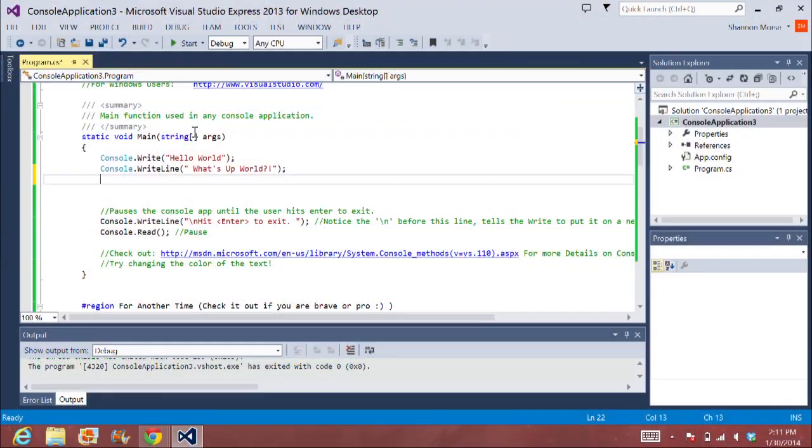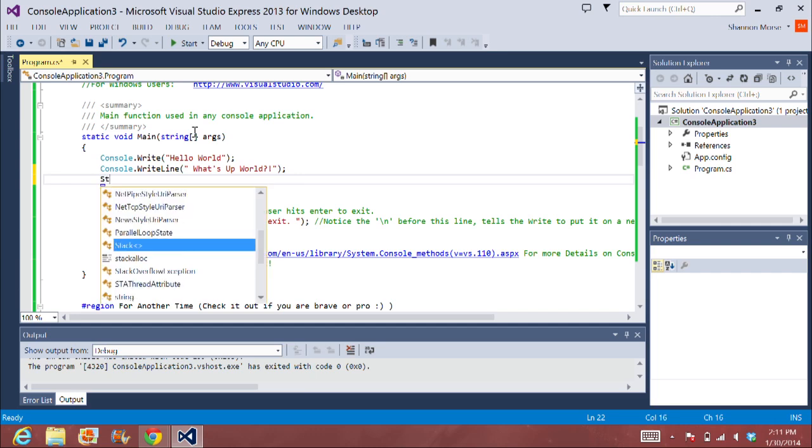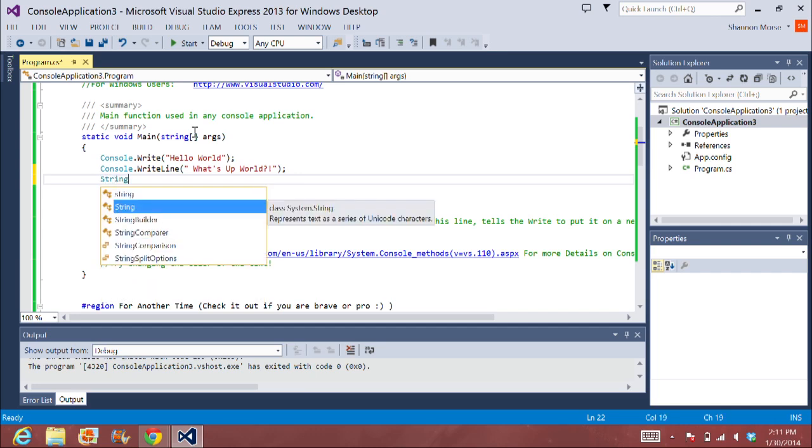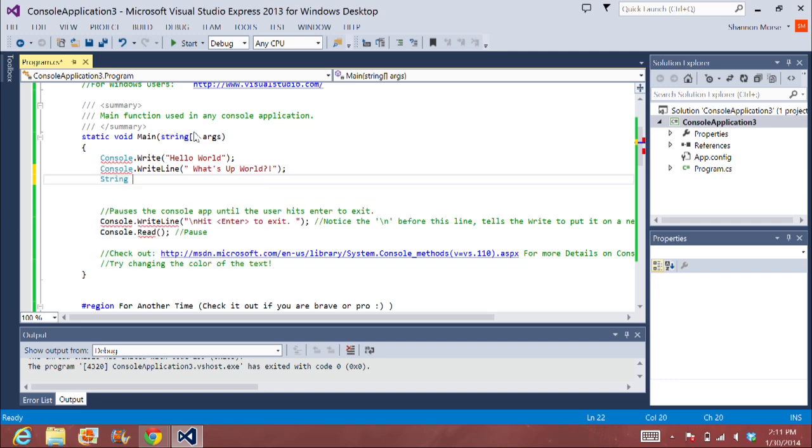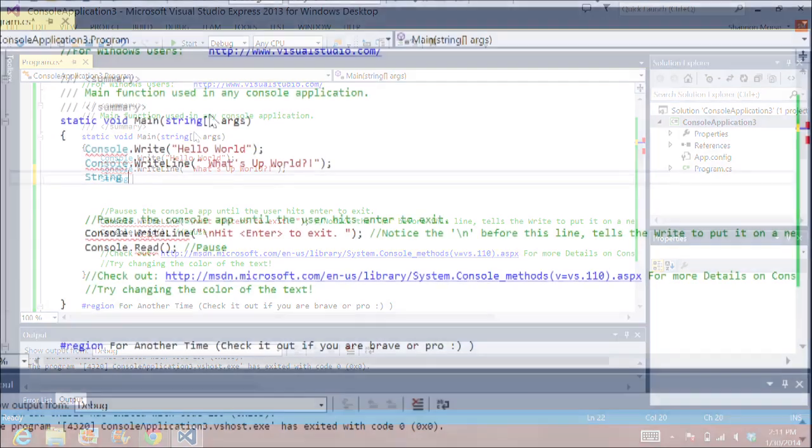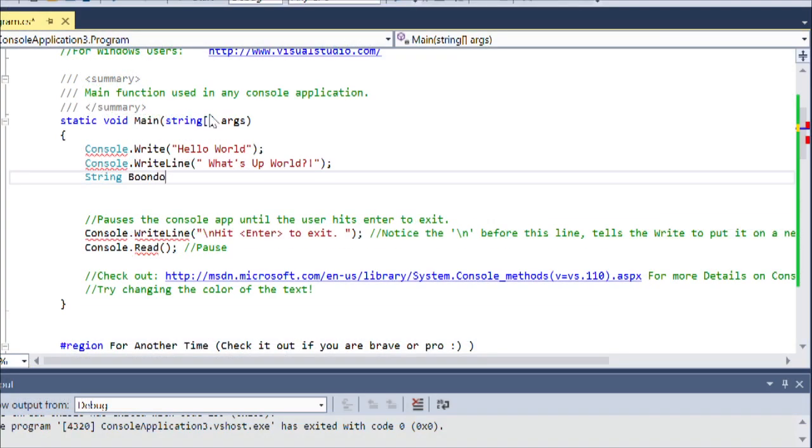Okay, so the next part gets a little bit more complicated, but it's still along this line of beginner right speech. So this one, I'm going to make a string that's called my variable string, and you can call it whatever you want. I'm going to start with string, and this is where we're going to get into variables in our second segment for this episode. So string, and then the next line, I'm going to call it boondocks.